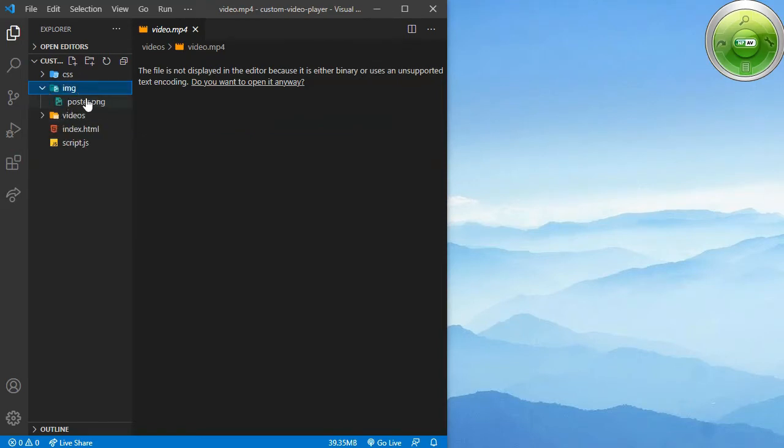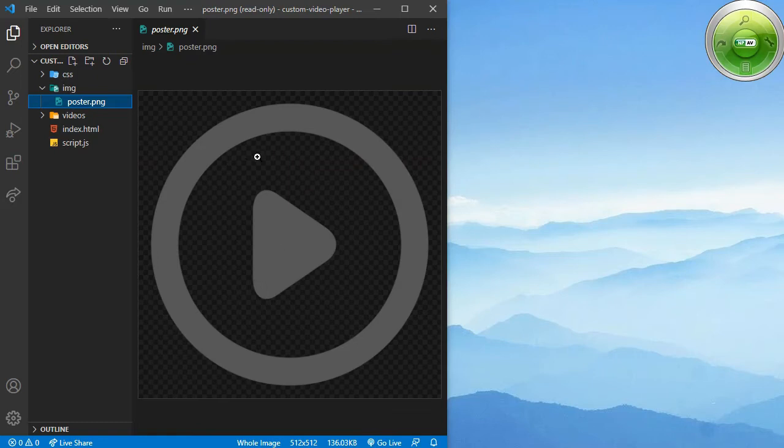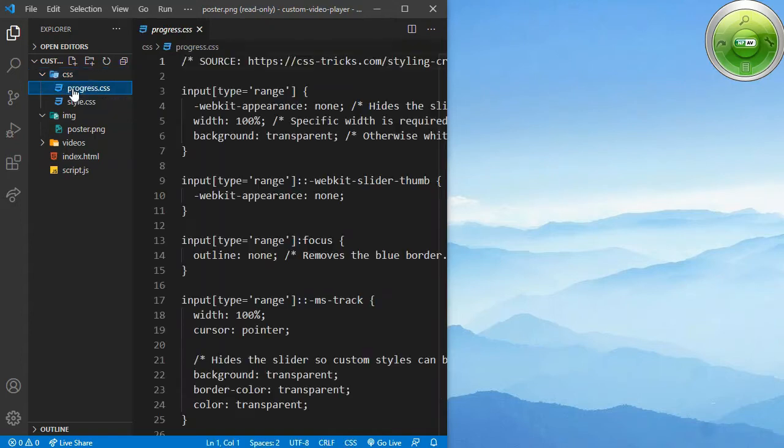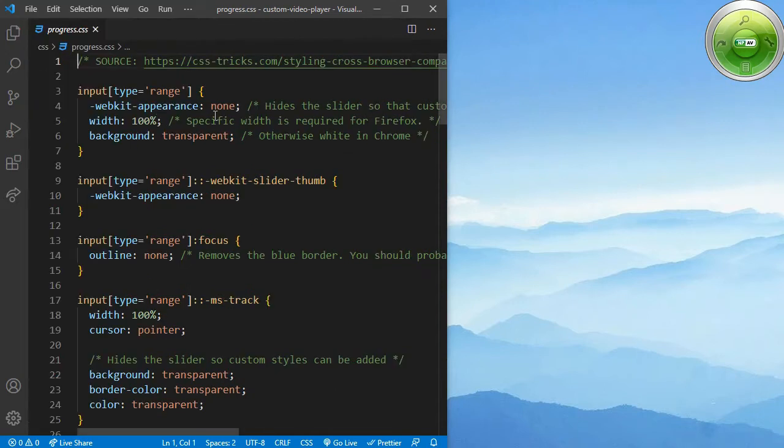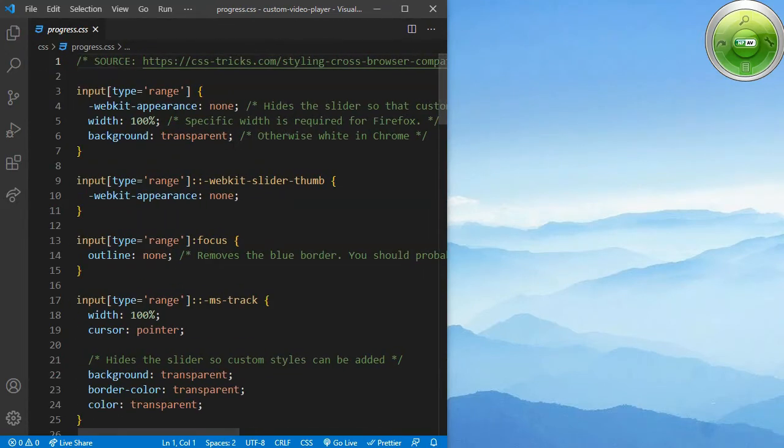We are going to have this image that is poster img. That's going to be this one. And also we are going to have a custom CSS that is going to be this progress CSS, which I got from the source over here. Now if I open that source,